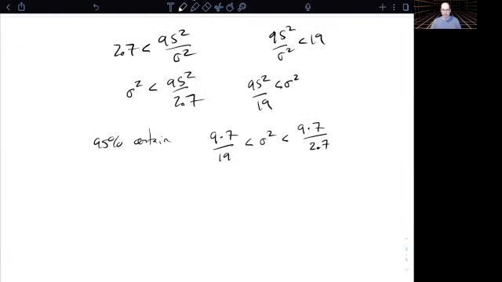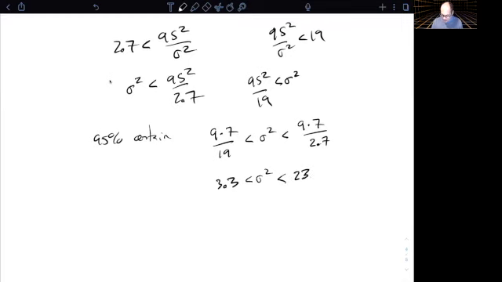Let's use a little calculator here. 9 times 7 divided by 19, I get about 3.3. And for 9 times 7, that's 63, divided by 2.7,